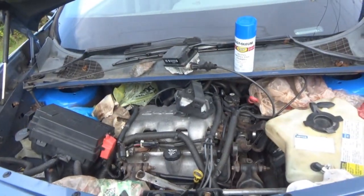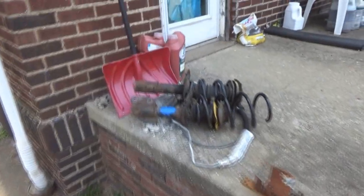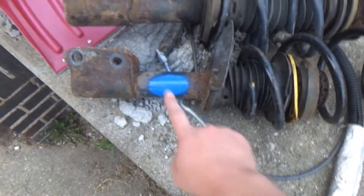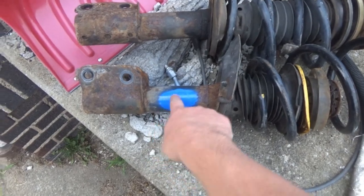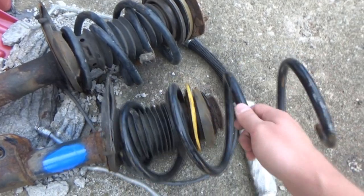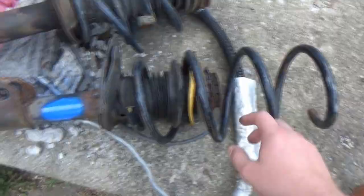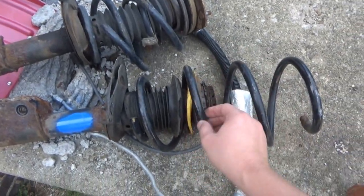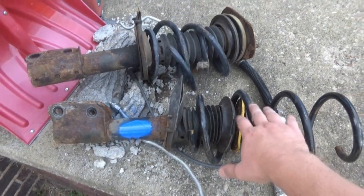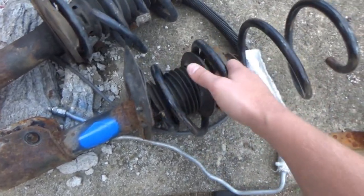Okay, so like I said, let me show you guys these struts if you have not seen them already. Here they are. So these are what came off of that Aztek. This is the test spray that I did before I painted anything the other day. Pretty sure these were the original GM struts from 2001. Technically 2000, because my Aztek was made in, I think, October of 2000. But as you can see,